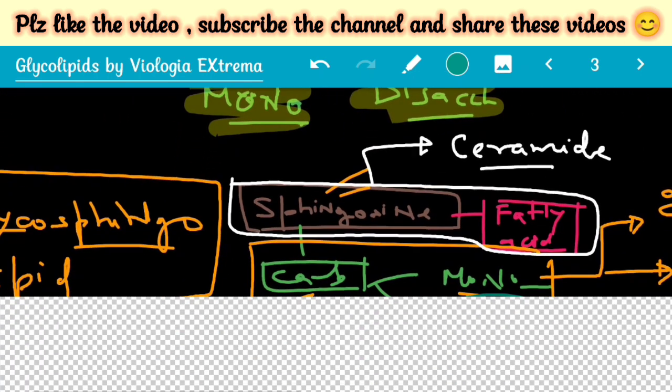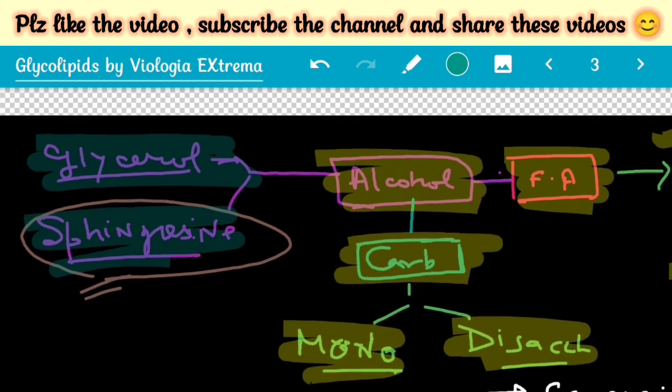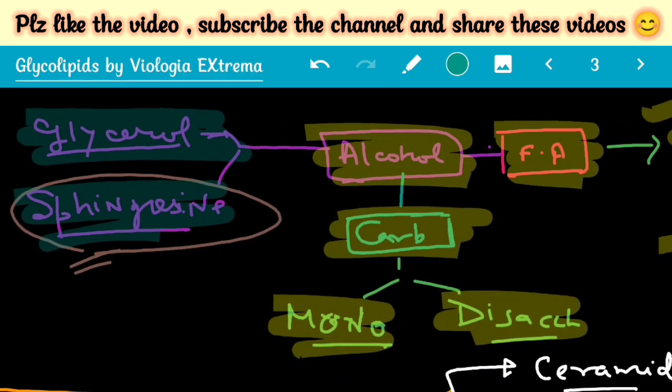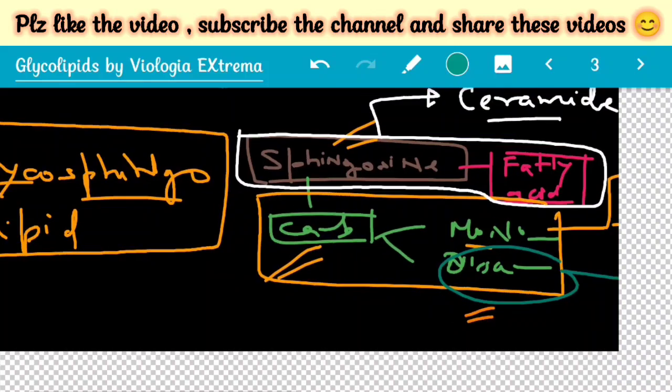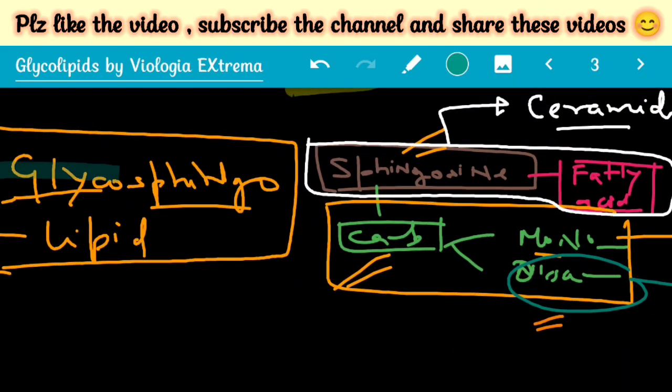It's the same thing as when we studied phospholipids, where we classified phospholipids into two categories based on the alcohol. We made glycerophospholipids, or phosphoglycerides, and because of the sphingosine alcohol, we call them sphingophospholipids. So sphingolipids can be phospholipids too, and a sphingolipid can be a glycolipid too. In this case, we have sphingosine alcohol, so we can call it a glycosphingolipid. So let's first start with the glycosphingolipids.